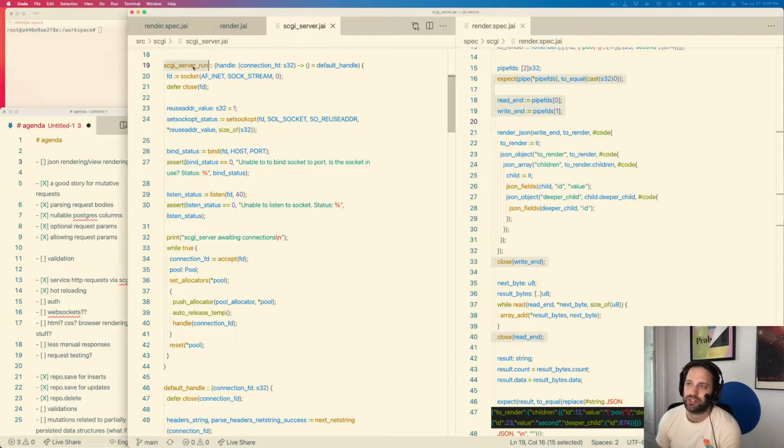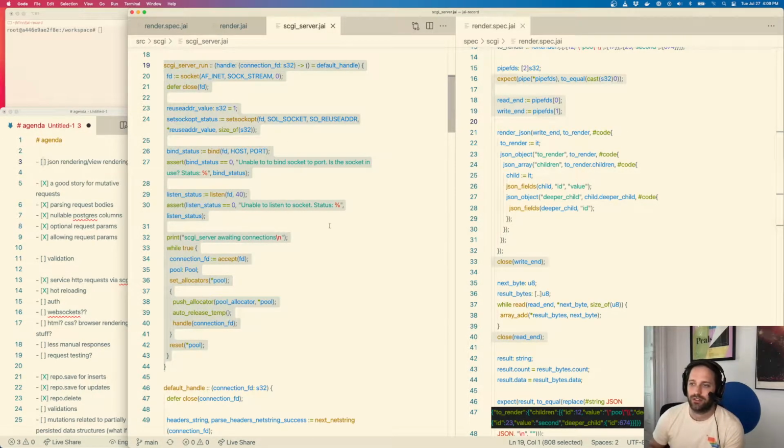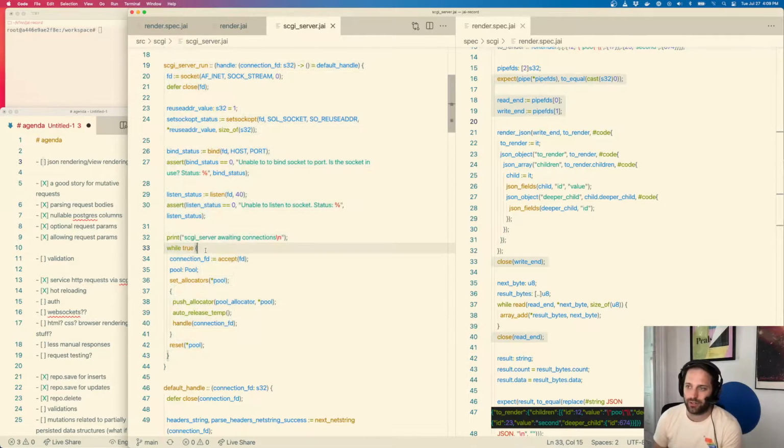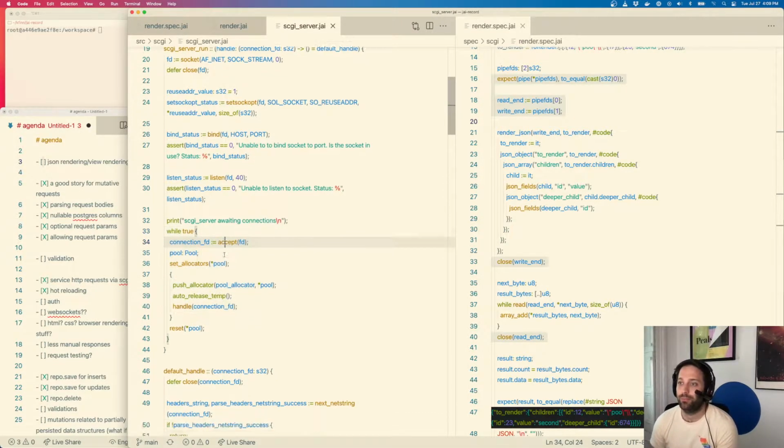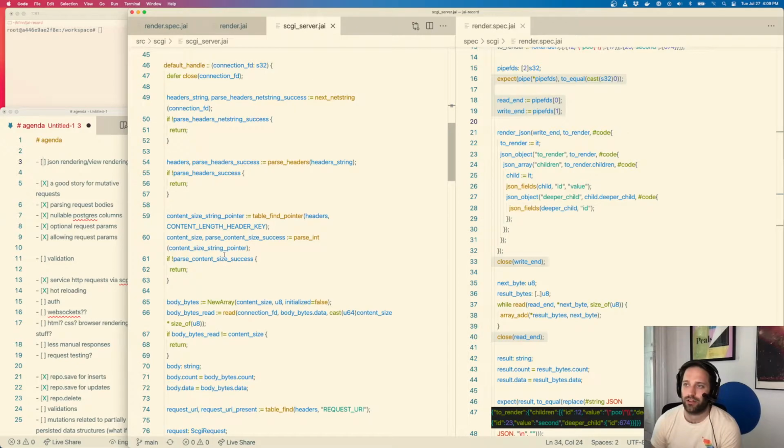But yeah, so maybe I should test the SCGI server run. It seems like kind of a tricky thing to test because it's just in a loop forever. How do I kill the test, you know? I'm going to have to spin up a separate thread and kill the thread and move on. But I feel pretty good about testing this default handle procedure,